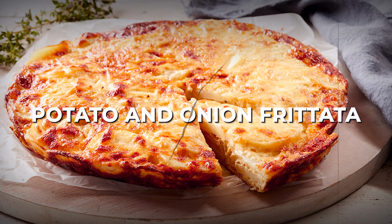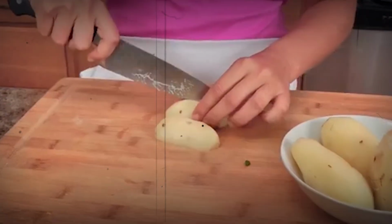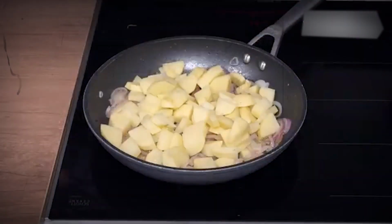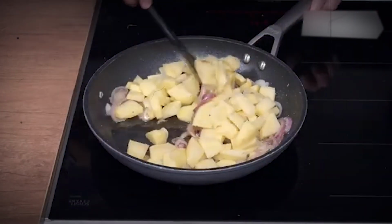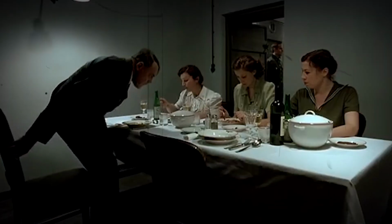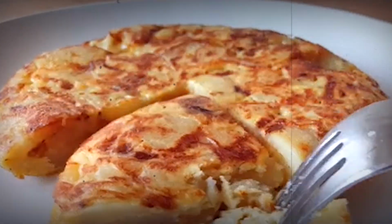Potato and onion frittata. In kitchens where every ingredient counted, the potato and onion frittata was a quick, filling marvel. A one-pan meal that could stretch a handful of eggs and leftover potatoes into a satisfying feast for a family. This dish speaks of simplicity and thrift, born in immigrant homes where nothing was wasted and flavor came from care,